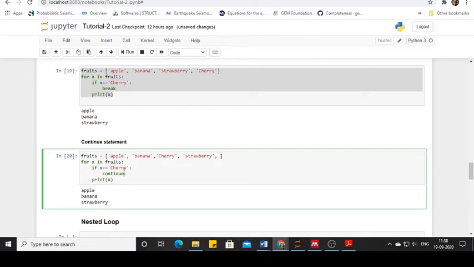But here, continue means that you are going to skip only that present iteration and run to the next iteration. Let me make it more simple. Now first I'm going to consider the case of apple. I will say that apple is not equal to cherry and I'm going to print apple,